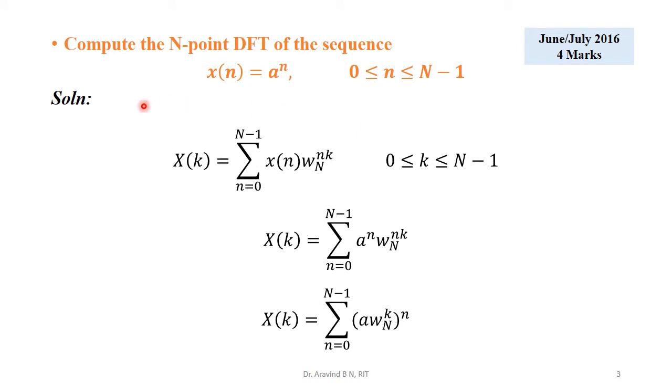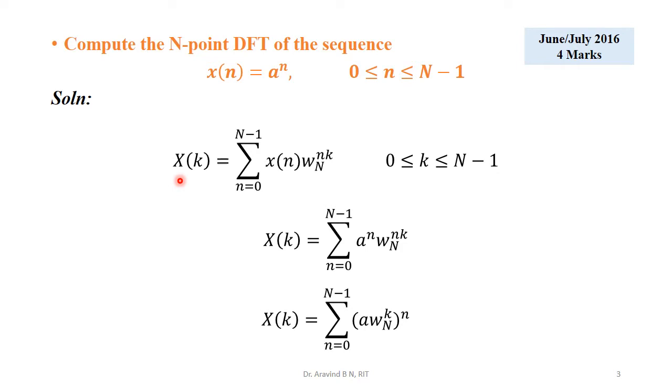One thing you have to observe in the given question: there is no sequence being given, and also the length of the sequence is not defined. It is asked in general for N points, and the input is very generic, that is a to the power of n. We cannot solve the DFT just by making use of the matrix method or directly implementing the formula method or similar. So we have to take a different method.